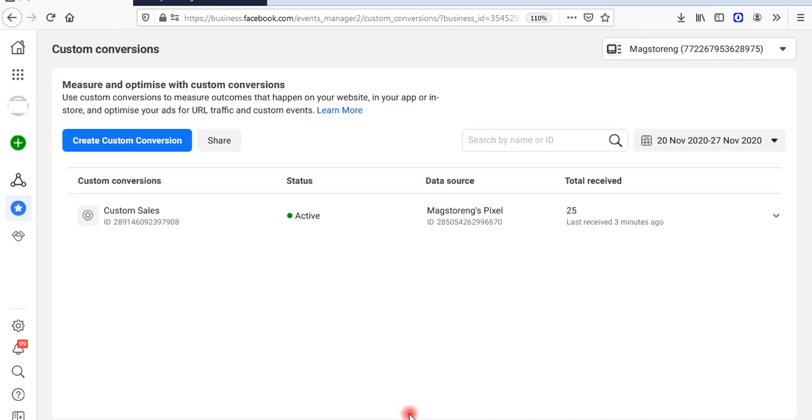Okay, it's loading. So as you can see now, it actually showed that I collected a sale or maybe a lead from my website. This is 3 minutes ago. Okay, that's what the information is now showing to me. So as you can see here, when I click on it,